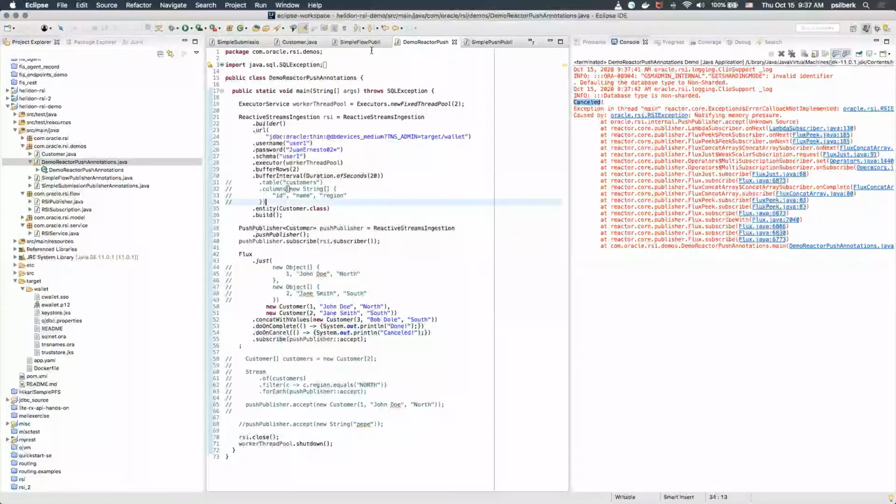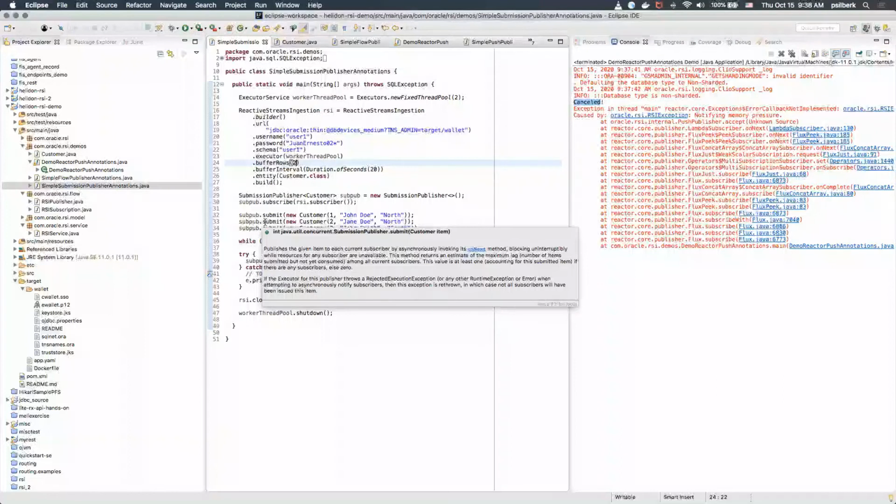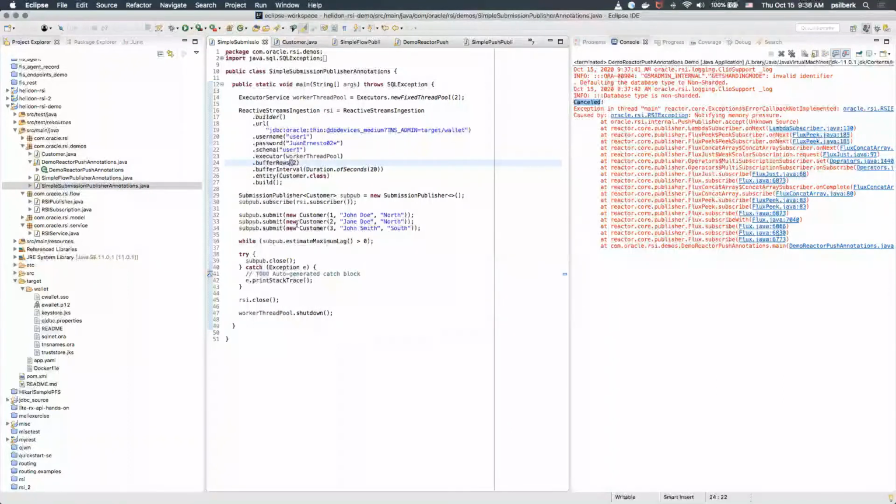On the other hand, if you have a flow publisher, let's use the submission publisher, and let's do the same. Let's put 2. Since the submission publisher is seeing that the library is saying, okay, don't send me more records, it's going to withhold. The submit is going to do nothing. It's going to wait for the library to signal that there are more records to be executed, right?